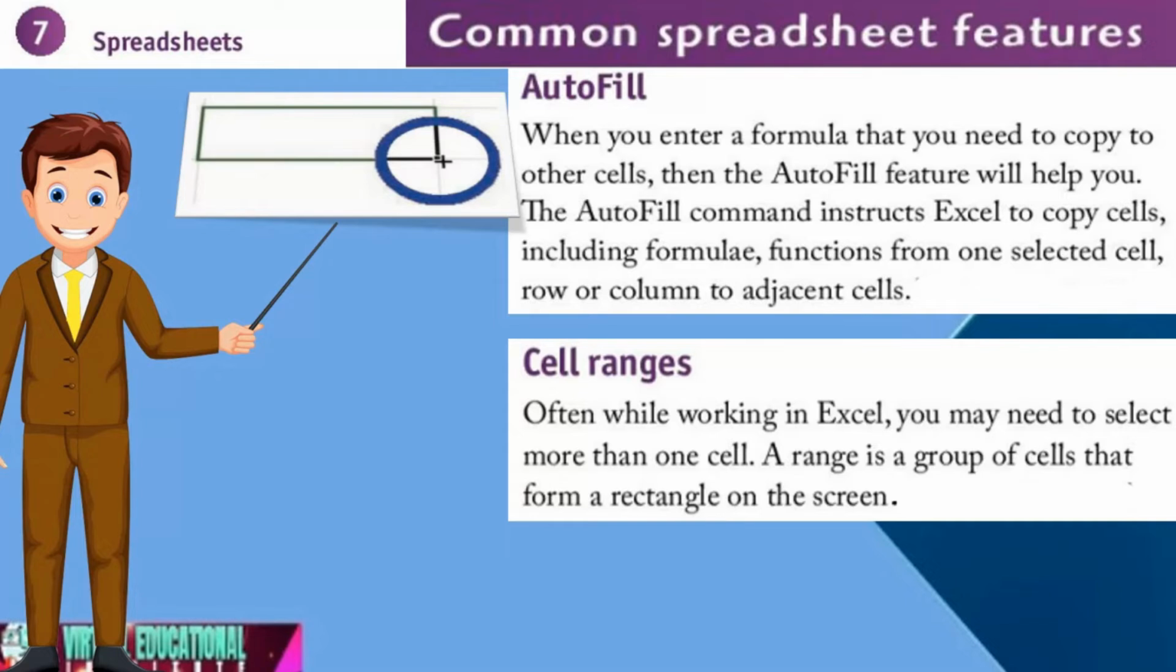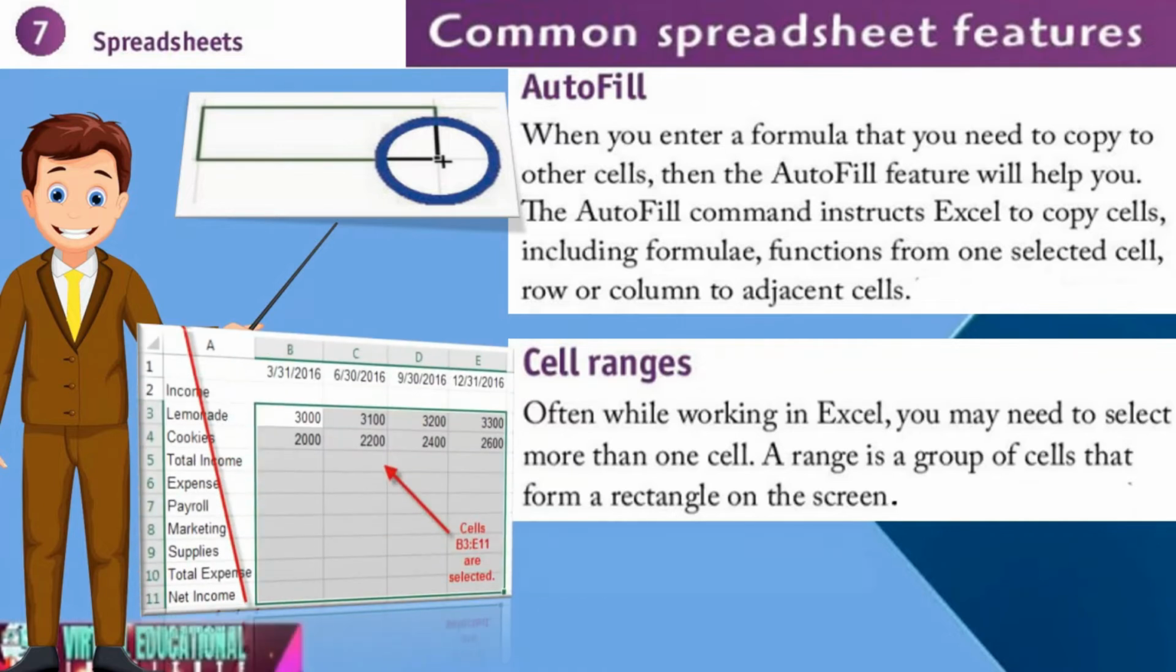Let's turn our attention to cell range, or what some people would term range of cells. Often while working in Excel, you may need to select more than one cell. A range is a group of cells that forms a rectangle on the screen. And based on our example here, you would realize that the highlighted area, which you will see in bold, is